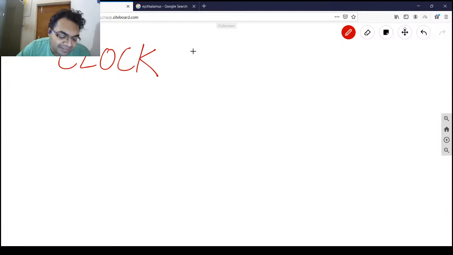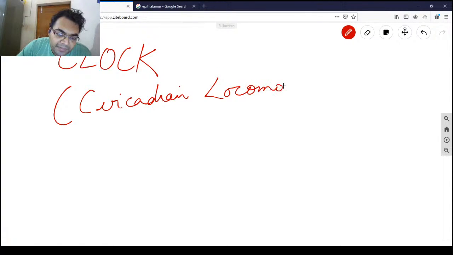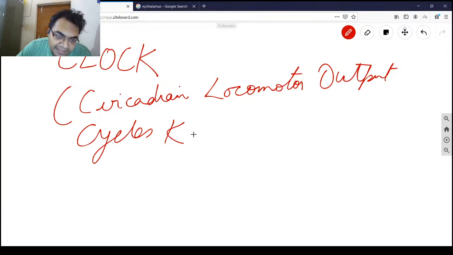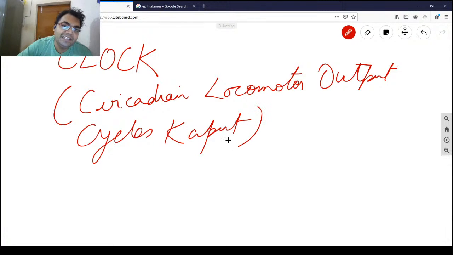CLOCK stands for Circadian Locomotor Output Cycles Kaput. It's a basic protein which is used for transcription of various genes, which will again produce various proteins, which are responsible